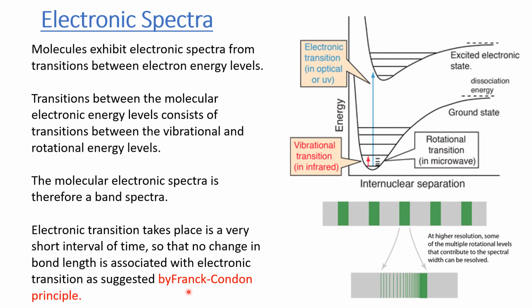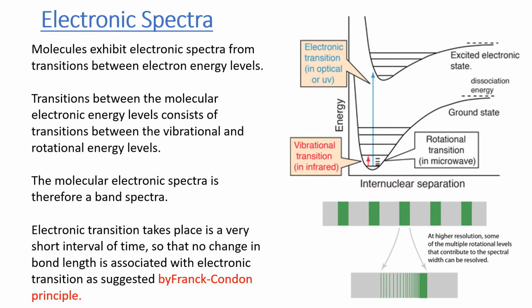This was suggested by Quantum principle. So when we have to represent electronic transition, we always represent the electronic transition by a straight line. For example, you see here on the horizontal axis we have internuclear separation. So if we have a vertical line, it means that there is no change associated with the electronic transition